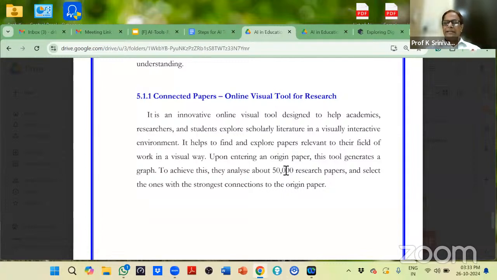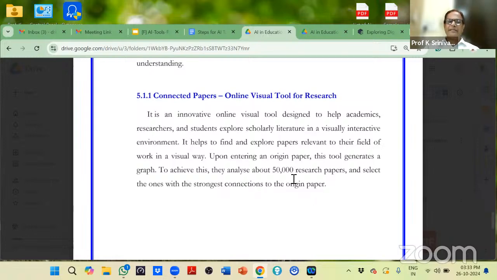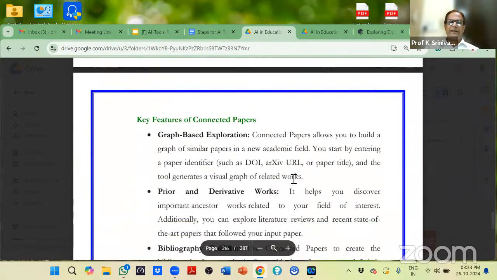So इसके साथ it helps to find out, explore papers relevant to their field of work in a visual way. And of course 50,000 पेपर्स भी इसके साथ कनेक्टेड हैं। और select one paper with the strongest connections to the original paper. सबसे इंटरेस्टिंग ओरिजिनल पेपर कौन सा पेपर है, और उस पेपर को लेके कितना चेंजेस लोगों ने कर रखा है। और 1 मिनट के लिए इसका फीचर्स यहाँ डिस्कस कर लेंगे।